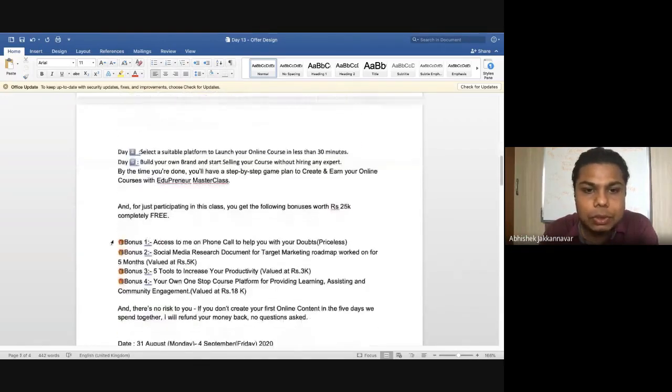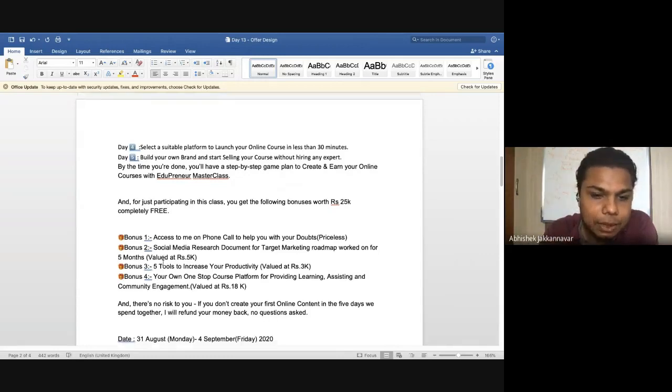Okay, when you come down, any person in this world would love to see this kind of box. It may be a real box or it may be a virtual box, and it definitely makes them feel that this is something worth it, and then they want to unwrap it. So when you're using a bonus, use this kind of thing. This creates a lot of excitement, and they want to see what it is actually all about. And this is one of the triggers which can also get them into your course for the next level.